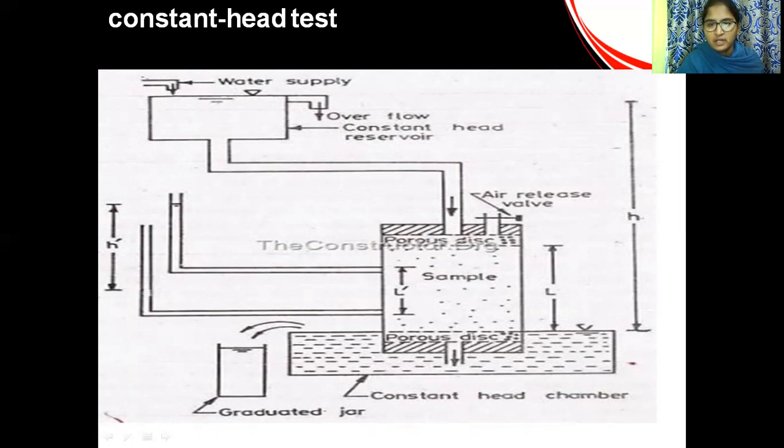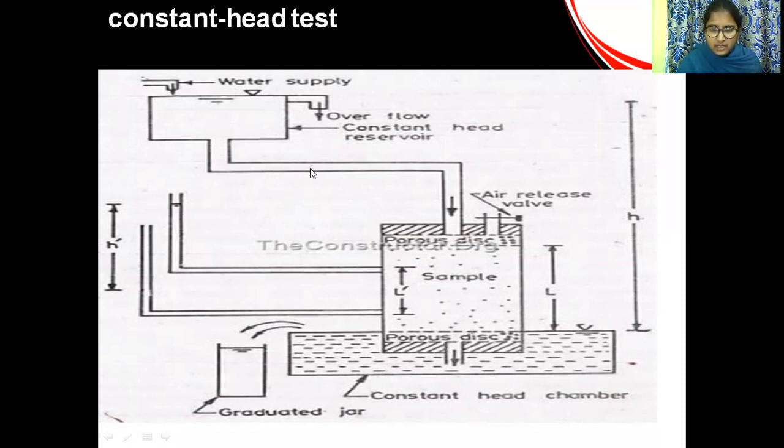Why are porous stones required? Because water is pumped directly to the sample. If we do not provide a porous stone, water is directly pumped into the sample and it becomes like a slurry. That's why we use porous stones. Porous stone means water cannot flow through fast; it restricts the water. Here we can see the head loss and the length of the sample required,